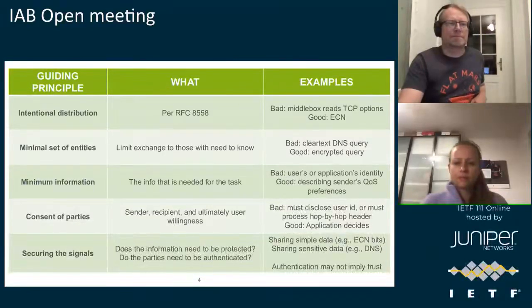Thanks for the excellent presentation. I think there's an interesting place somewhere between the consent of parties point and the securing the signals point that I'm not quite sure you covered in the presentation, and if so, I may have missed it. Part of the problem for some of these signals is that it's a matter of scoping for some of them. A lot of our protocols are effectively designed to go end to end, and whether you choose to disclose information that can be used for path signals may vary depending on where you are at a given network. Now, clearly, we do a lot of tunnels for various things, and that may be the answer in question, but maybe that should actually be called out as the explicit point.